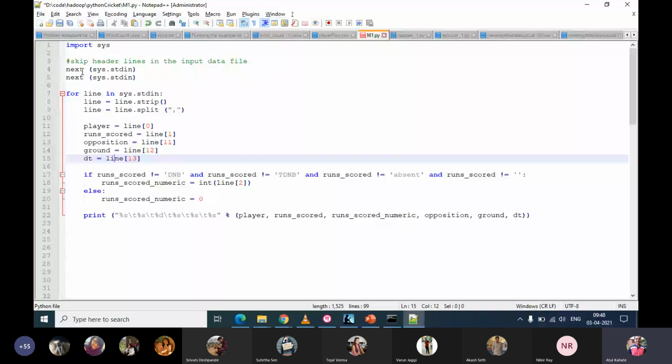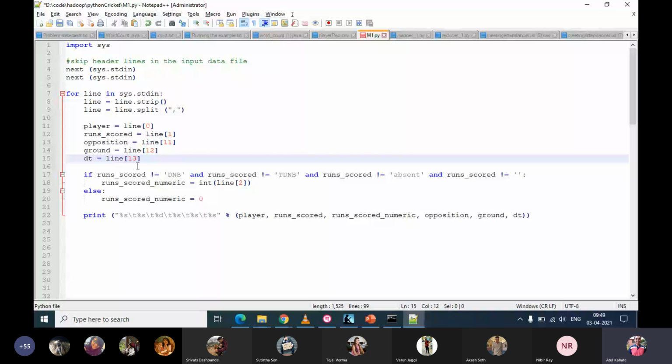Whenever we have to skip unwanted lines, we can simply say next. If you don't want to do that, simply because you are checking for the numeric value here, anyway the header line will also be skipped. Just by checking whether it's numeric or not, you will sort out almost all the problems.